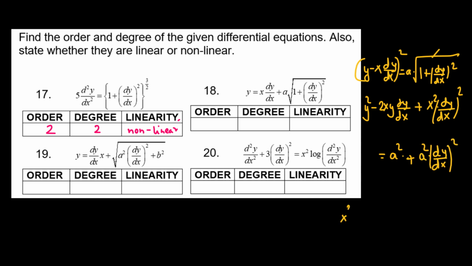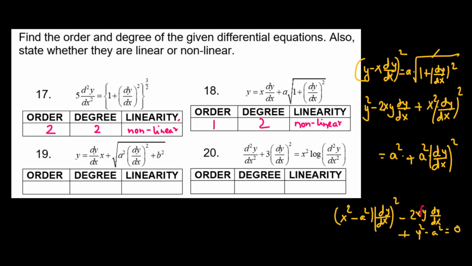When we rearrange the terms, we finally get (x squared minus a squared) times (dy/dx) squared minus 2xy dy/dx plus y squared minus a squared equals 0. We can see that the highest order differential coefficient present in this equation is the first derivative of y with respect to x, so the order is equal to 1, and since its power is 2, the degree is equal to 2, and this is a non-linear differential equation